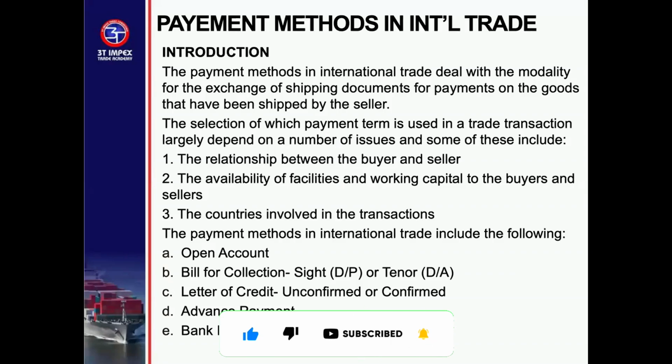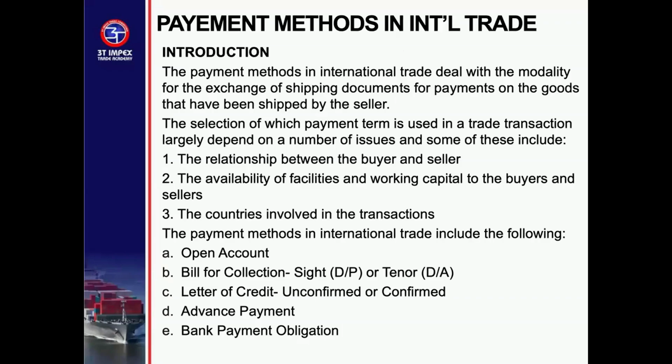number of issues, and some of these include the relationship between the buyer and the seller. Some of these include availability of facility and working capital to the buyer and seller. Some of these include the countries involved in the transaction. The payment methods in international trade include open account, bill for collection, letter of credit, advance payment, and bank payment